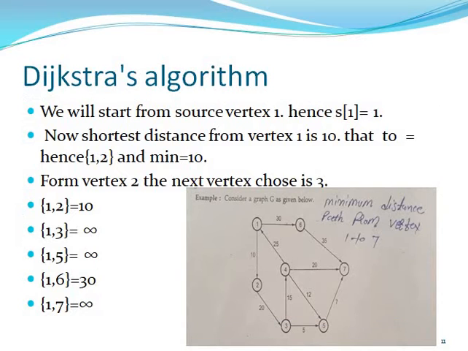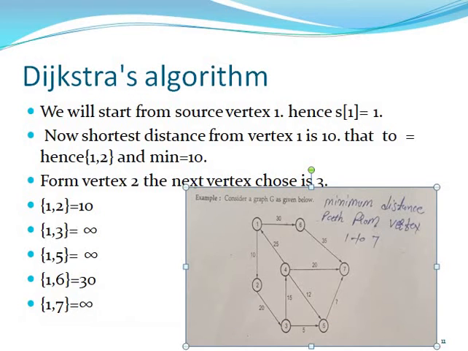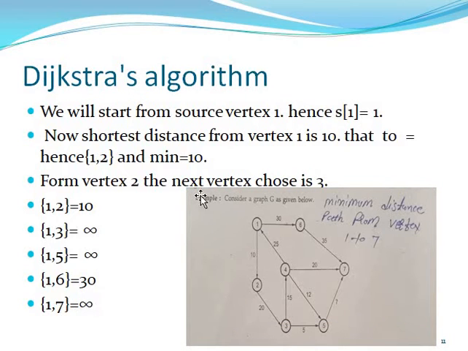Then 1 to 7, you can go, it is directly not possible. You can go to 1 to 6, which is 13, but you can choose the minimum, then you can go 1 to 2. So next you can show that we can go 1 to 2 because of the minimum distance, you can find that, and here 1 to 6 is a maximum. So you can go to the minimum distance, then you can check the vertex. Also you can check 1, 6 to 7, any maximum vertex.